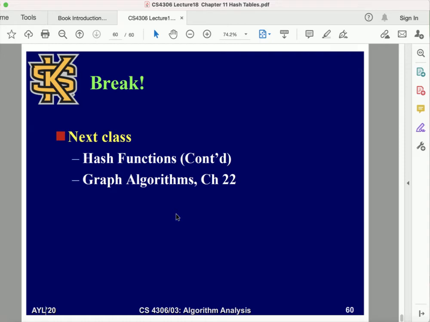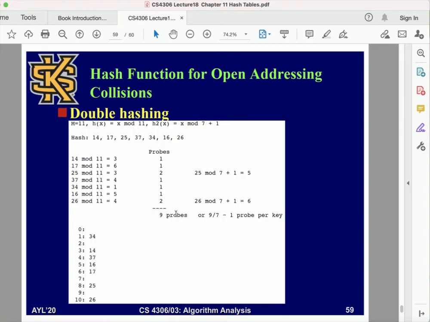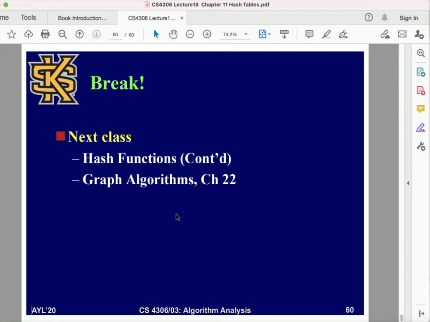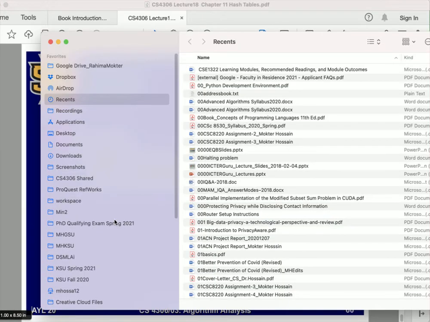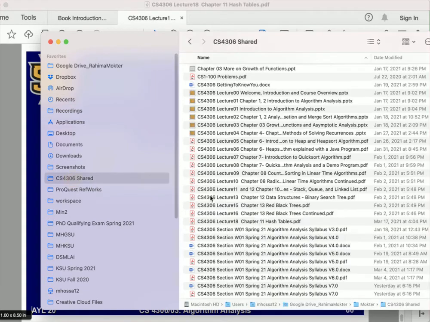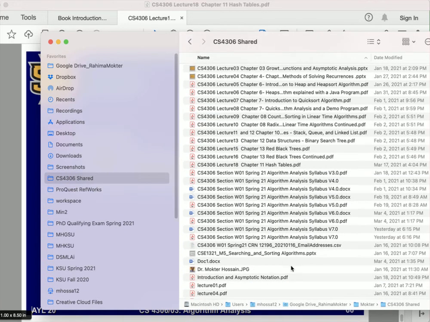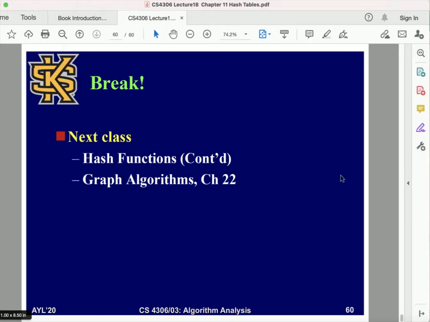Okay, so that will end our discussion about hash functions. Please read the book and the slides, and then I will have an assignment for you. The assignment will be all from the content from, let me go to, okay, as you see,